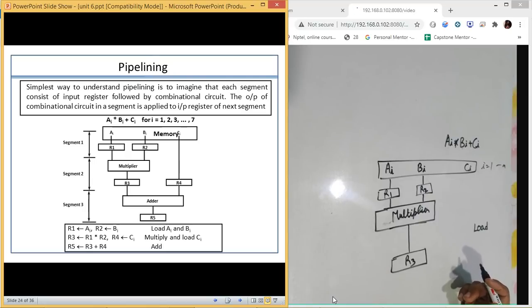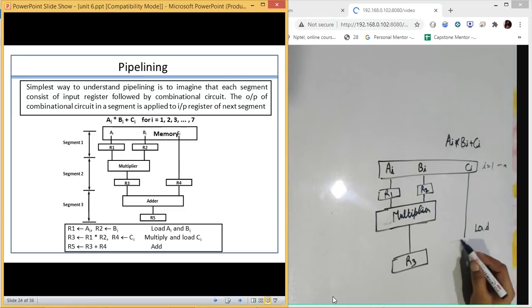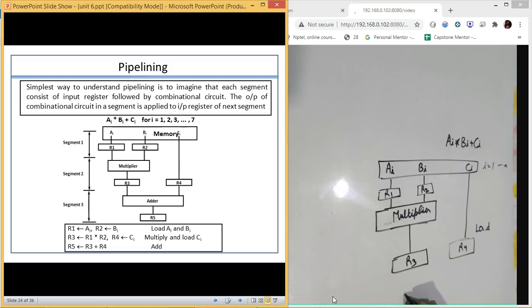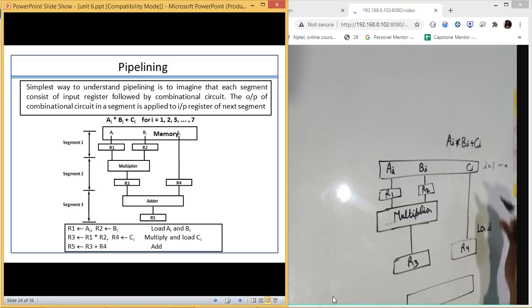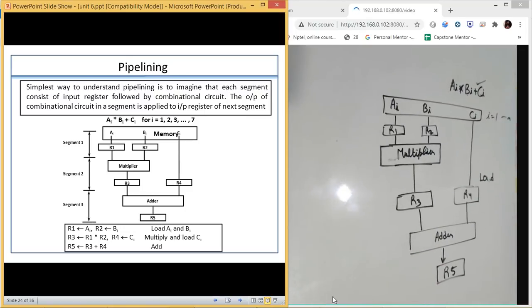Okay, segment 2. After this, once we have calculated both, we have another value which is C, and that is loaded into the register R4. And once both are inside it, we can perform another operation known as the add operation, which is going to be performed at this place. So the adder operation is performed, both the data are added, and we get the result of this at R5. So this is a simple process of how we are going to add the content.